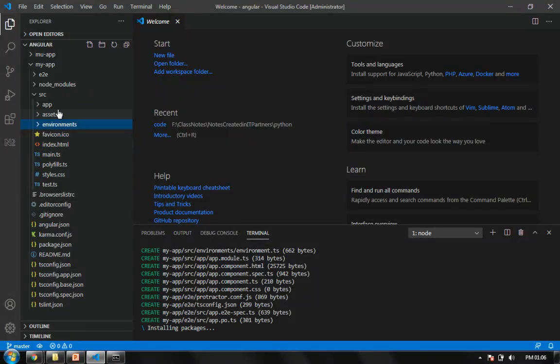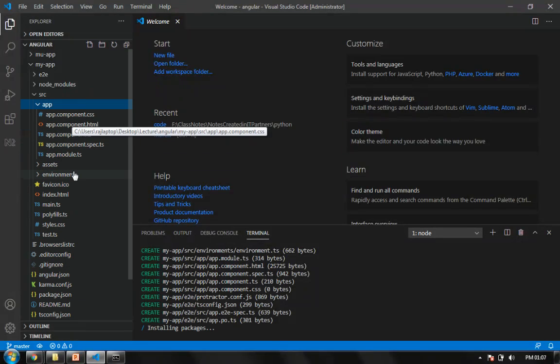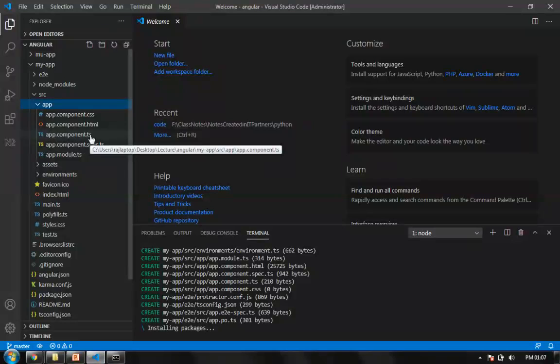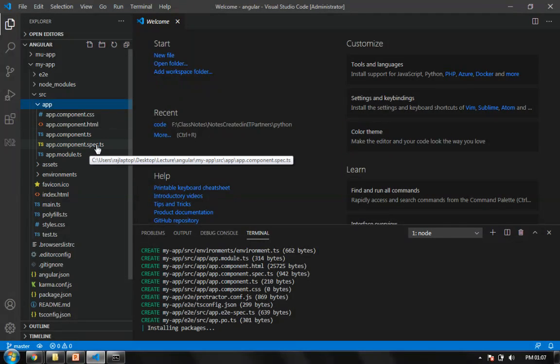And this is my app. So what does my app contain? This is my first app, which has these five files. My first file is the HTML file. It shows what kind of HTML appearance my project has. Then how that will be beautified will be stored in this CSS. Then this is the TS file, that is TypeScript source. We don't directly use JavaScript here, we use TypeScript. This is one level higher than JavaScript. But for that, you have to understand the basics of JavaScript. So we'll be using TypeScript, and this is the specification file of this TypeScript, and next is the model.